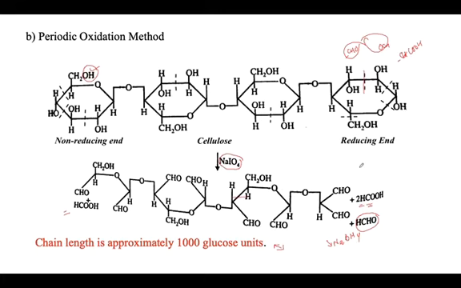Whichever terminal reducing units are present, they were reduced, and then the product is subjected to oxidation with periodate. A suitable pH was used for this oxidation, and there occurs a rapid selective oxidation of the terminal glycerol group, and thus over oxidation is avoided. So this is the modification method that was given by Belcher